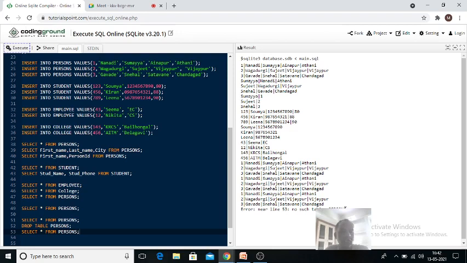No such table means that table is deleted. Got it? So it is permanently deleted. The table and its values, everything is deleted.